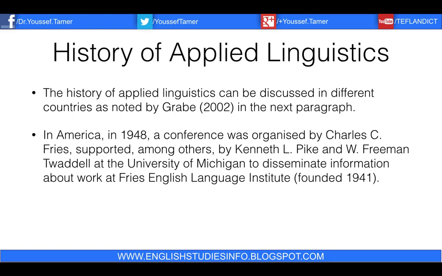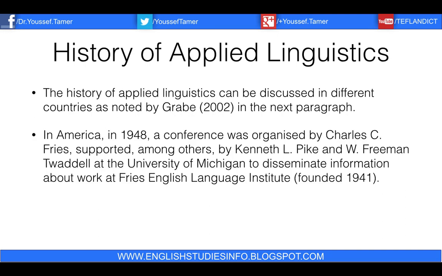Language is a central issue in these problems, especially in terms of language teaching, language learning. Okay? There are names in here. I'm not going to make it longer for you, but you can look up the names of the people who organized the conference and where. It was organized by Charles Fries, among others, Kenneth Pike and Freeman at the University of Michigan